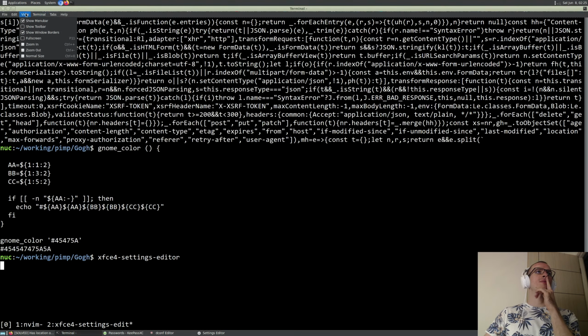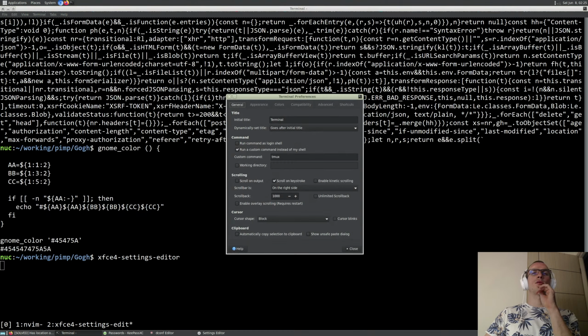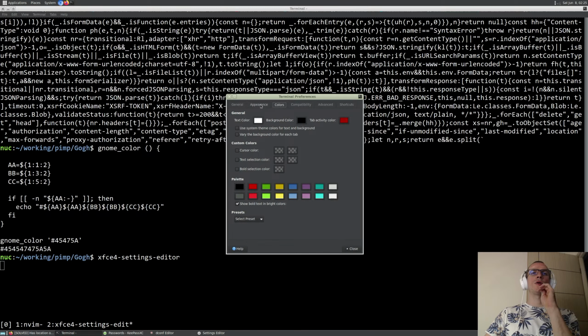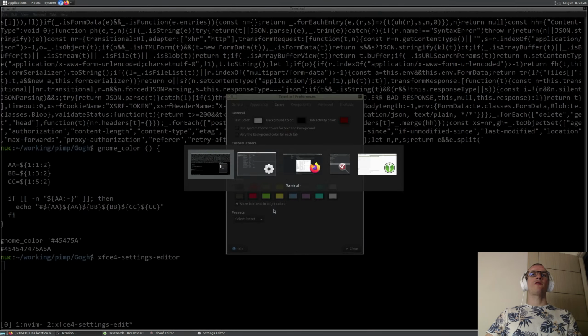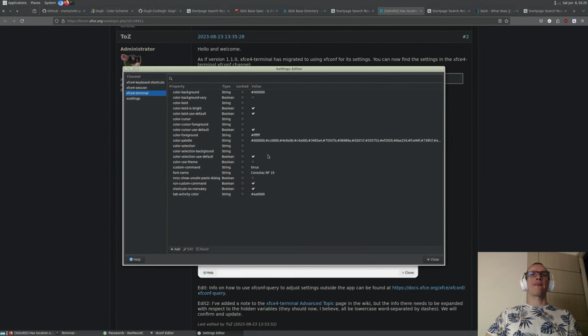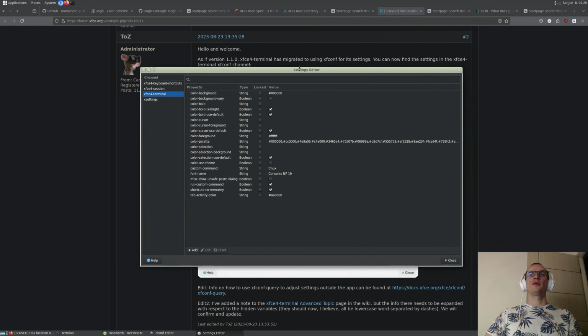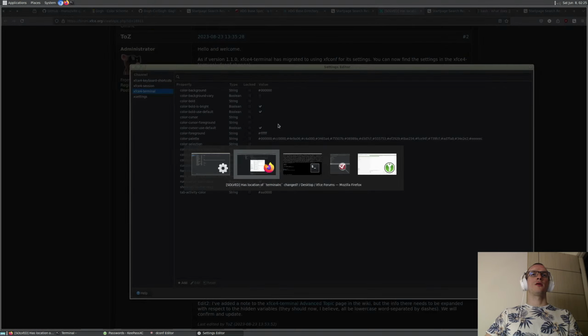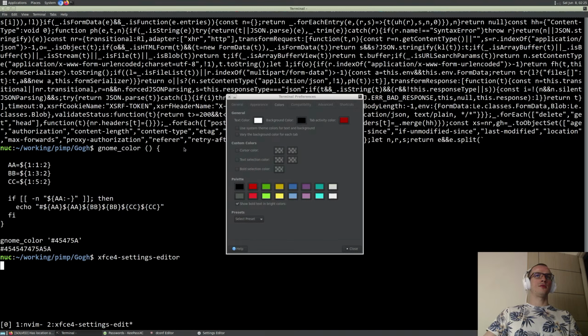Okay, this is all great, but it also means that we can only use a specific theme. There are no presets, no profiles, but okay, now